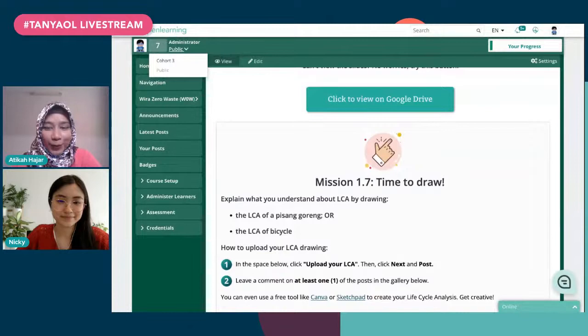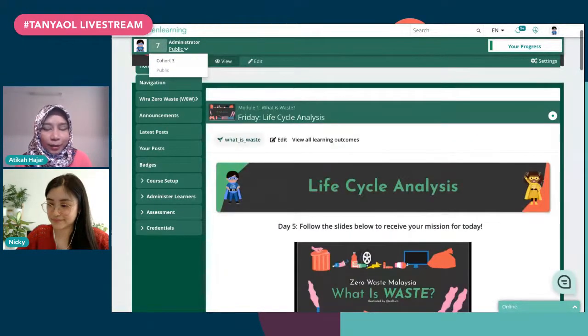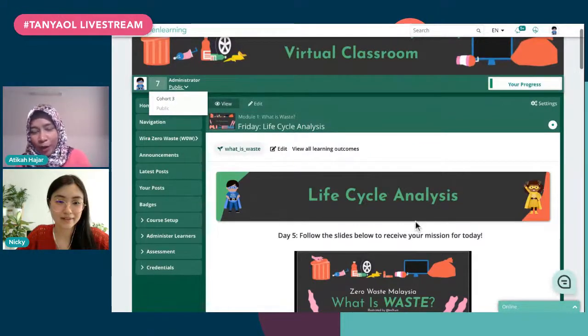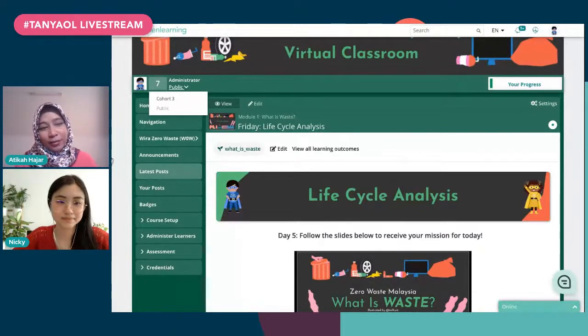That's good to know. Is this a reason why you're not using Zoom or Google Classroom instead? Because you're giving flexibility to the learners to join the course and finish their work?